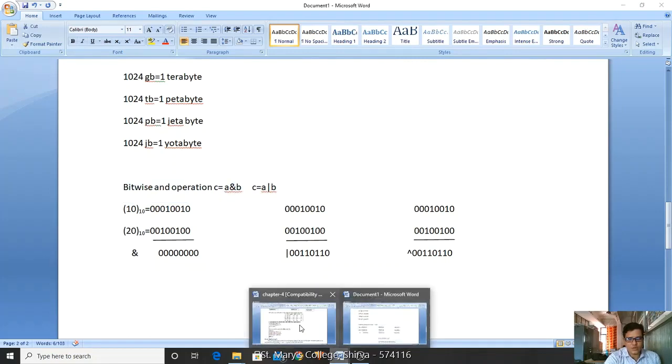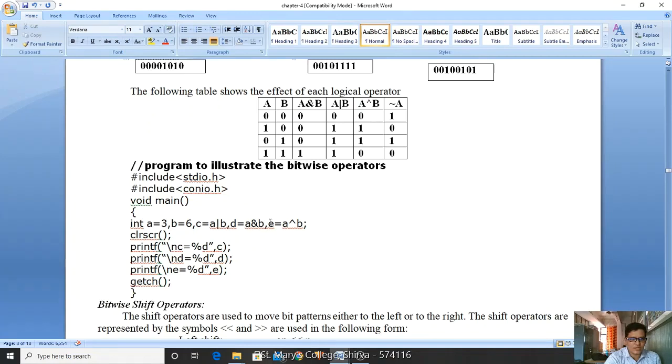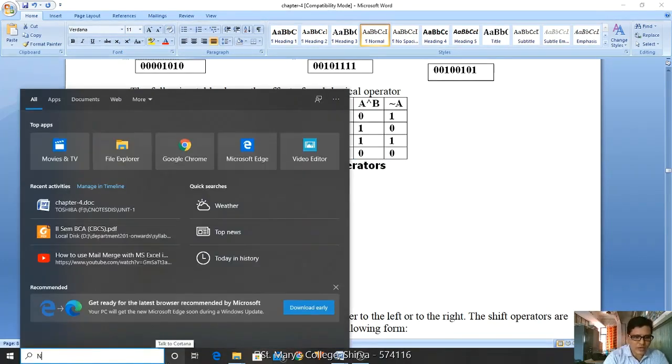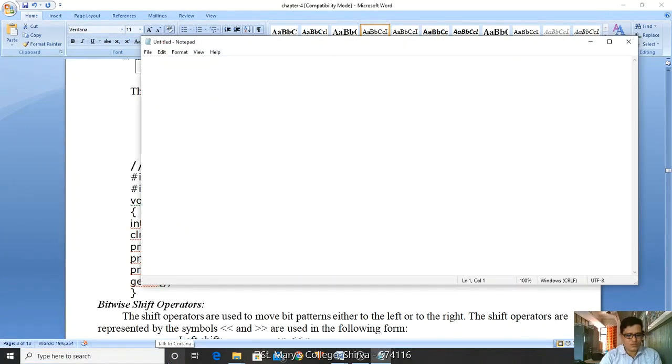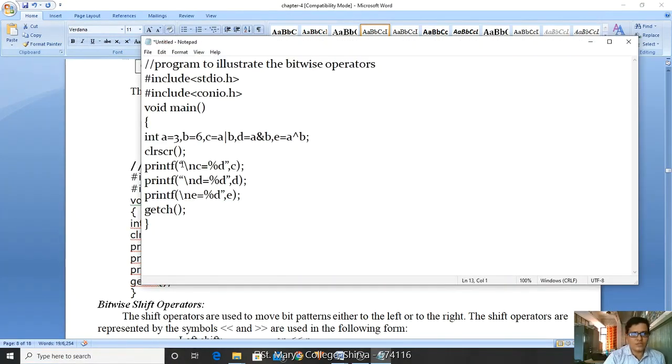Clear. Now let me come here. We will take some example to illustrate the bitwise OR operation. I'm copying this. Let me run, and I'm taking the notepad. I'm pasting it. As you know, till now you have learned, and I'm directly modifying here. Yes.